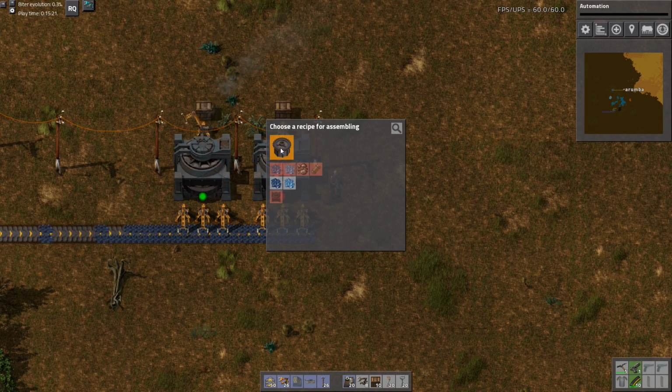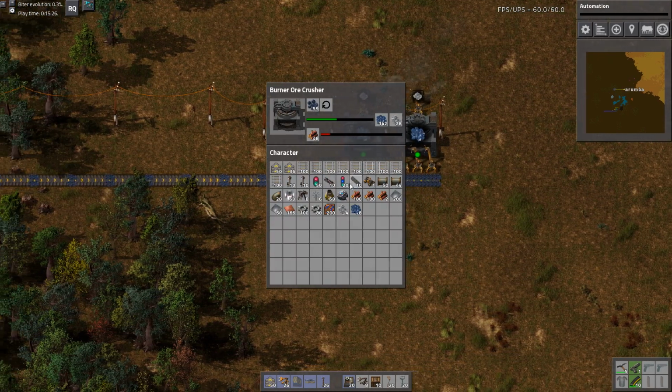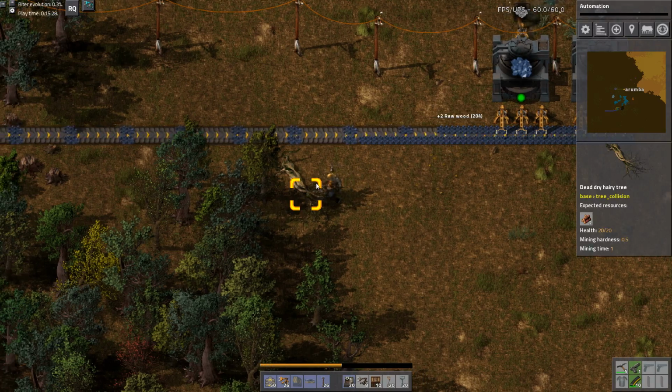I hope so. Alright, we got to copy-paste that recipe over. Throw some fuel in there. We're going to go through that wood fairly quickly. I'd prefer to be using coal, but